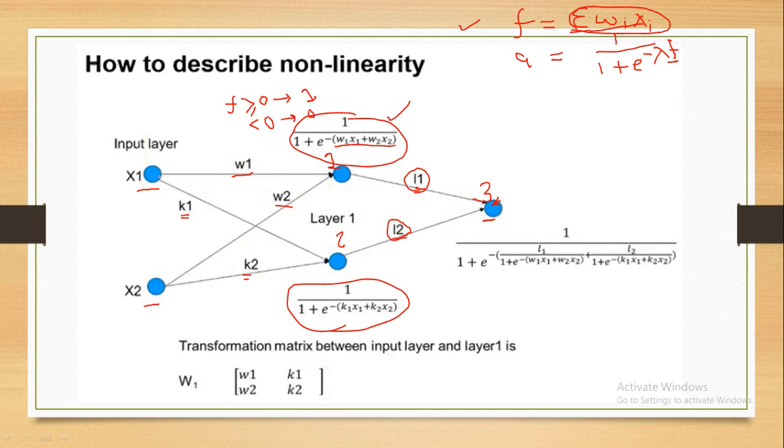Now let me say the output of the first neuron is 1, as per w1 x1 and w2 x2, and as per k1 x1 and k2 x2 the outcome of the second neuron is 0. Are you getting my point? Here the output is 1, here the output is 0. Now let me forward this data, 1 and 0, to the third neuron. So it is 1 into the outcome of the first neuron, and what about the next one? The outcome of this one will be 1 because here there is a 1.